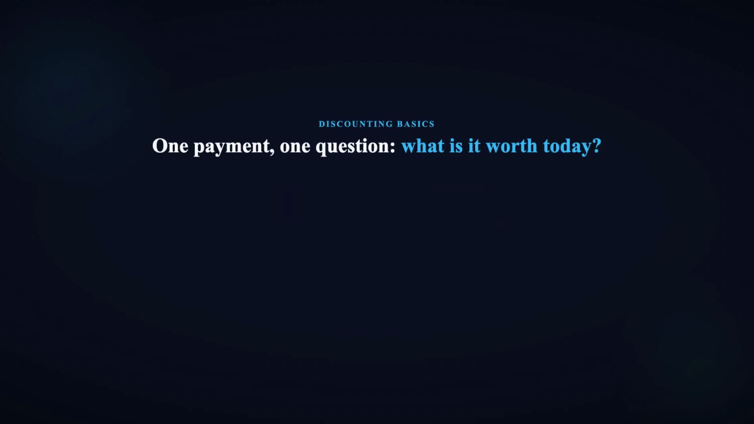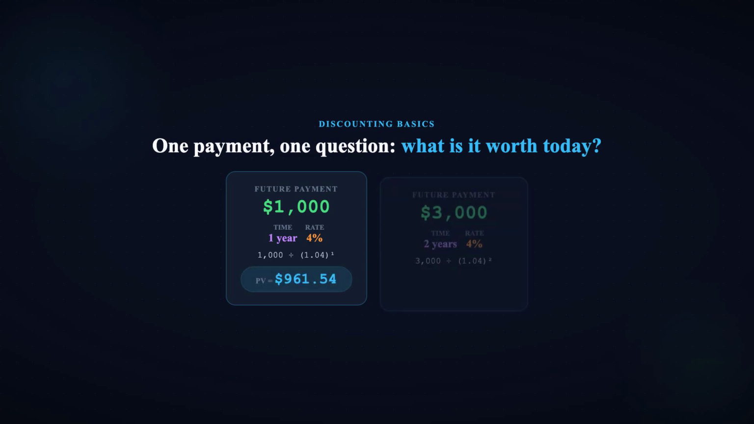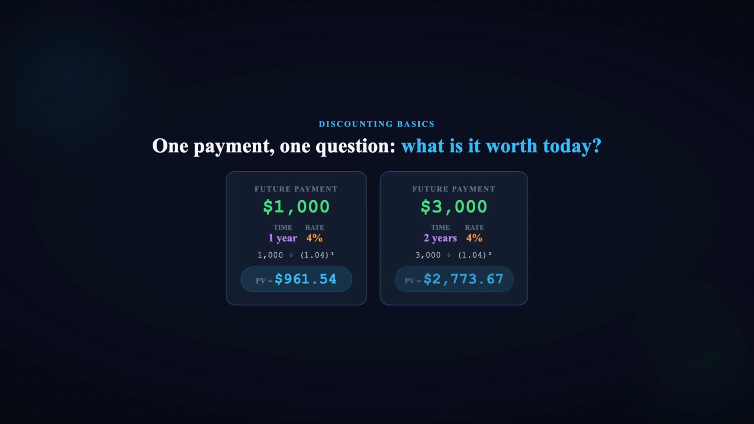Let us start with the simplest case. One payment 1 year from now. Suppose someone promises to pay you $1,000 in exactly 1 year, and the market discount rate is 4%. What would you pay today for that promise? Not $1,000. Because $1,000 today could be invested at 4% and grow to $1,040 in a year. So the present value of that future $1,000 is 1,000 divided by 1.04. That gives you about